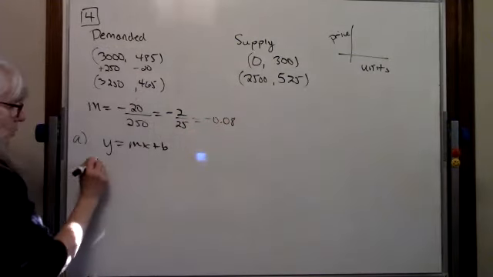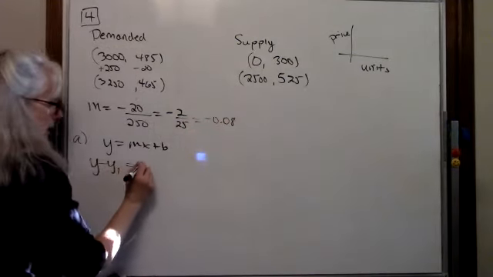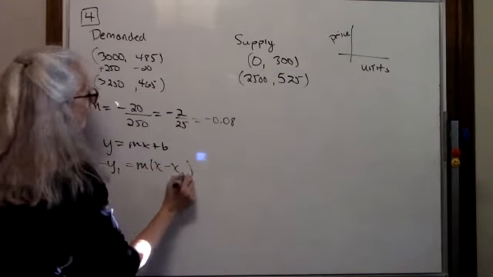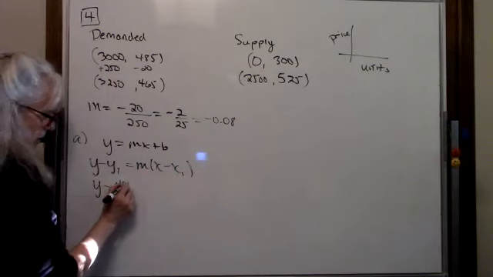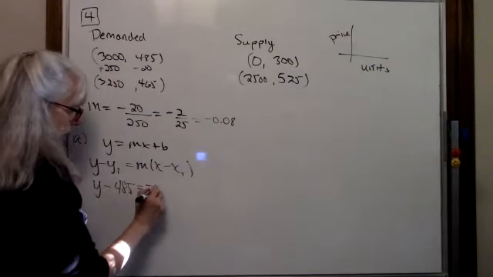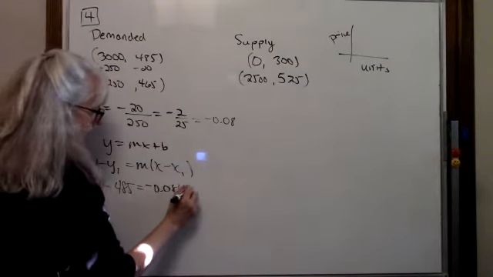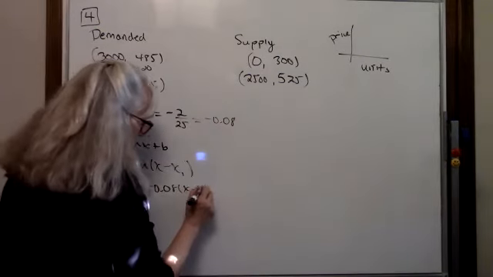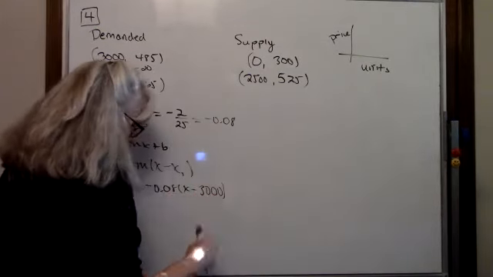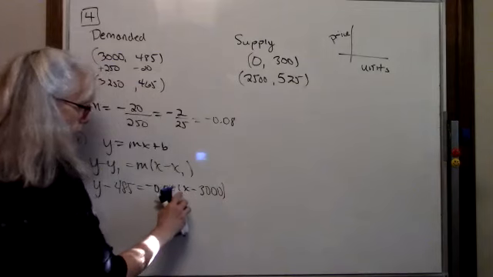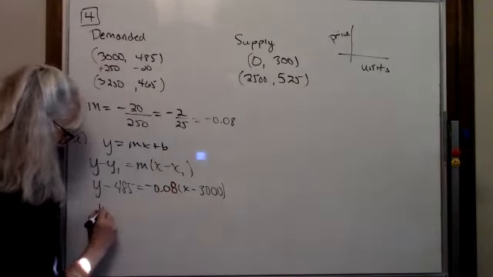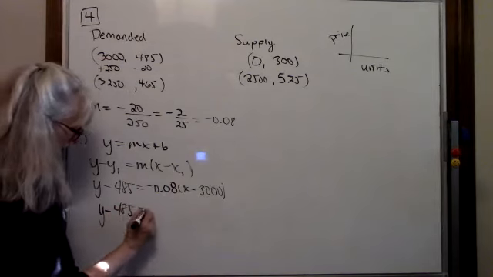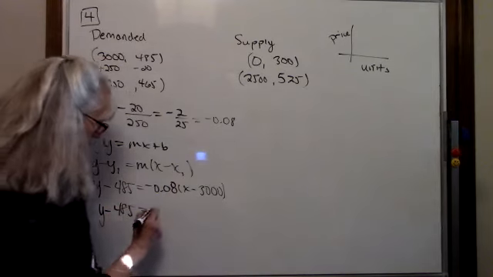I'm going to come back and use y minus y1 equals m times x minus x1. So y minus 485 is equal to our negative 0.08 times x minus 3,000. And that's an 8. It may not look like it, but it is. Okay, let's distribute. So y minus 485 equals the negative 0.08x